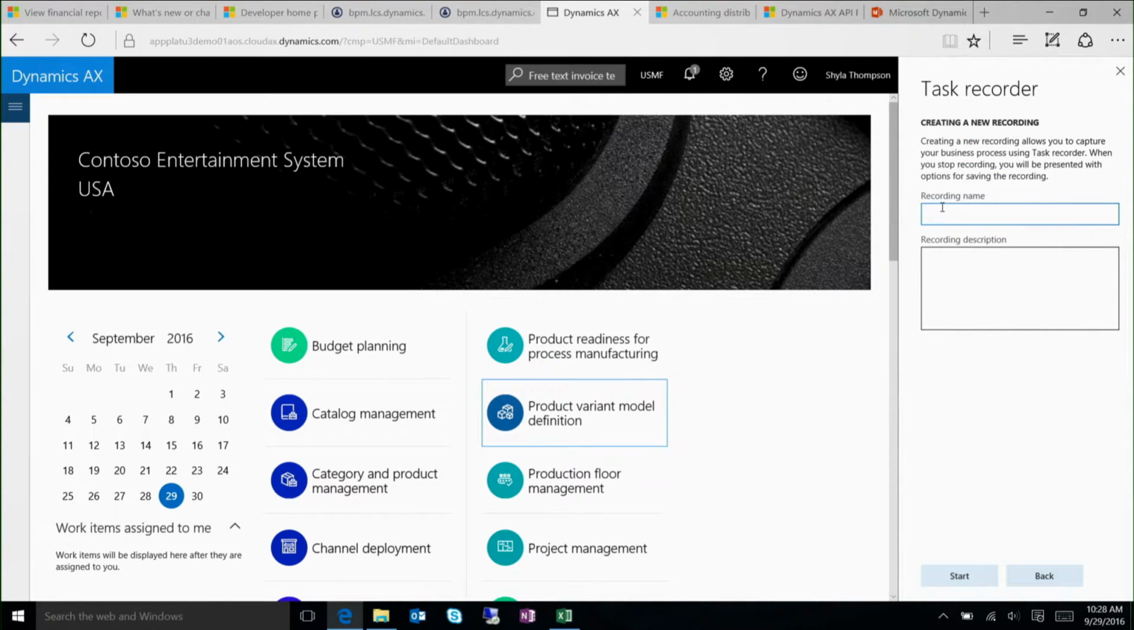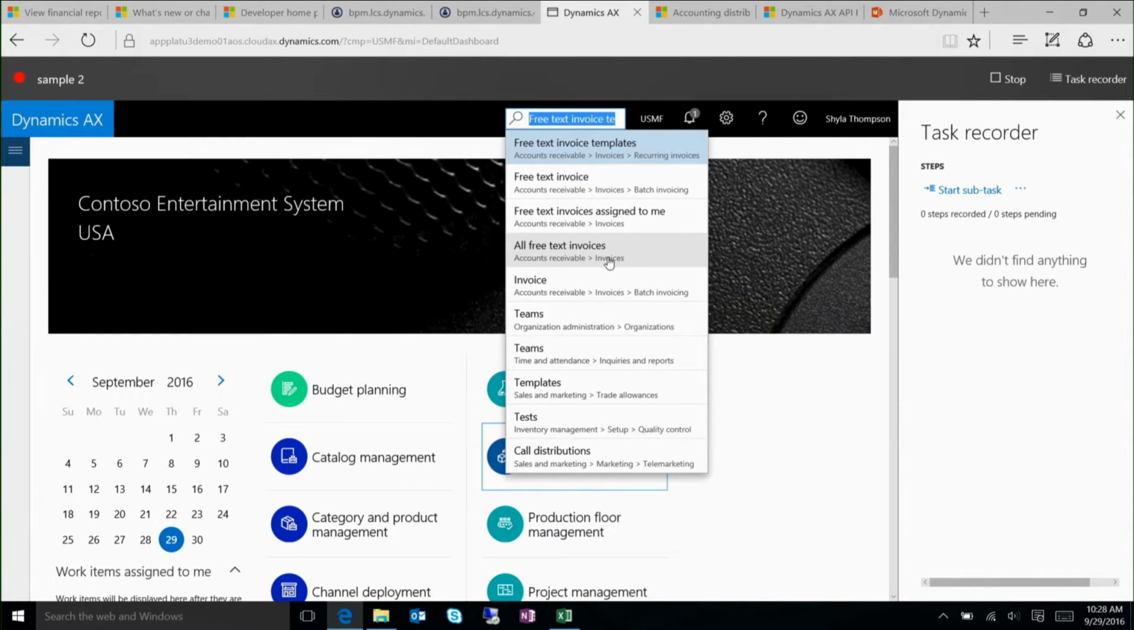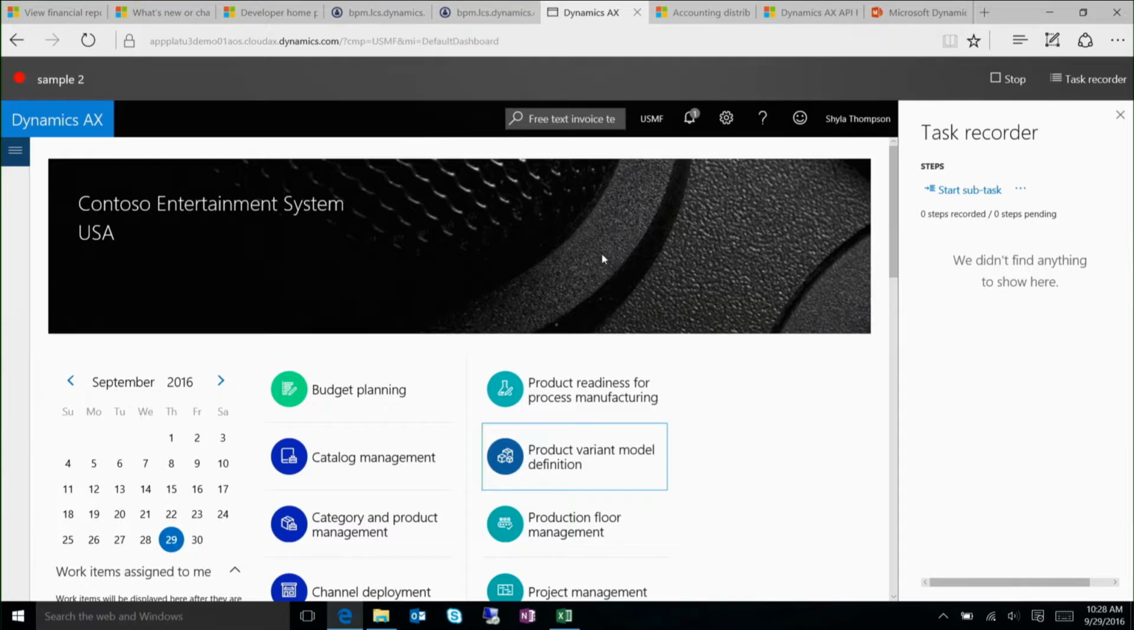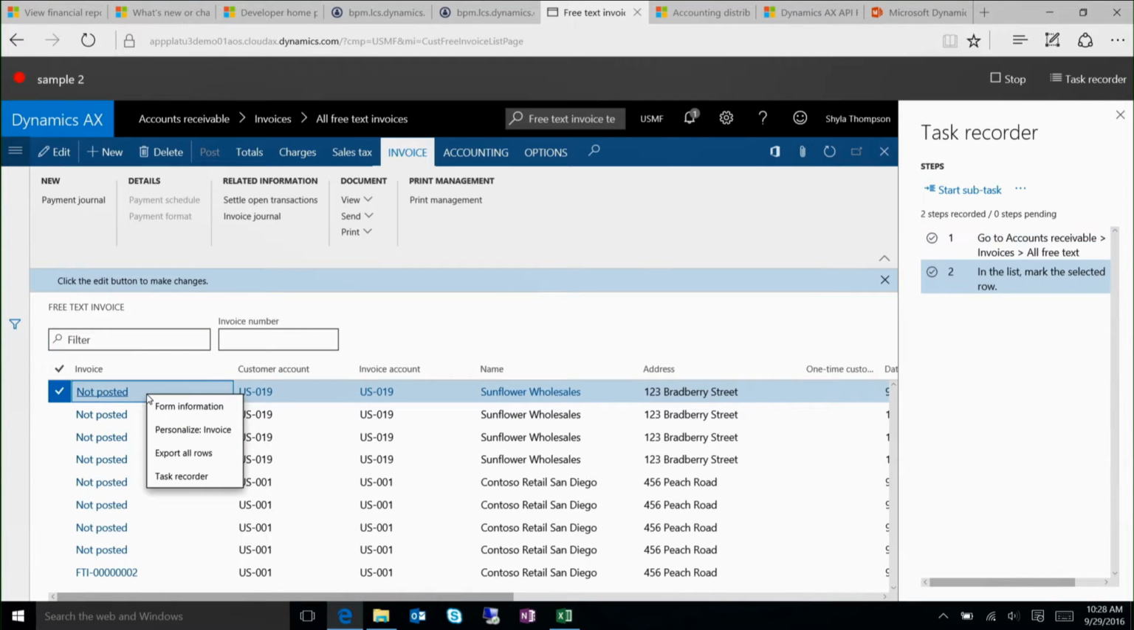Create a recording. Awesome name. We'll go to our all free text invoices page again. It already recorded the navigation pane, but maybe I just want to have an informational task guide and I don't want them to actually do anything on this form. I just want to call out things they need to go to this form to look at or to care about. So what I might do is right click,